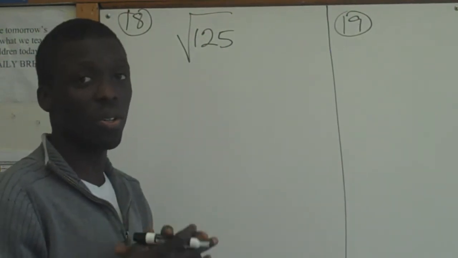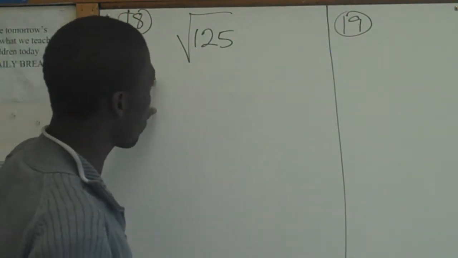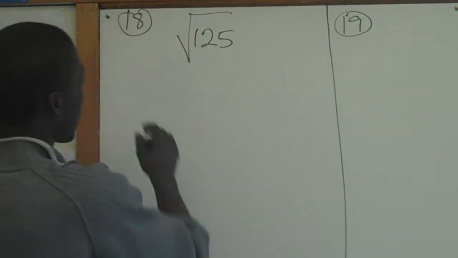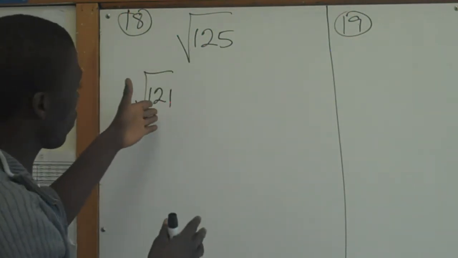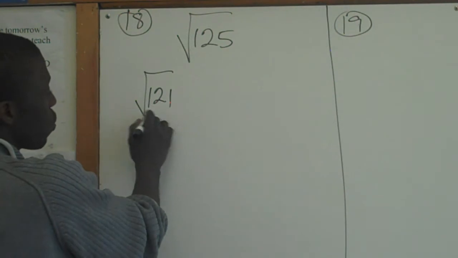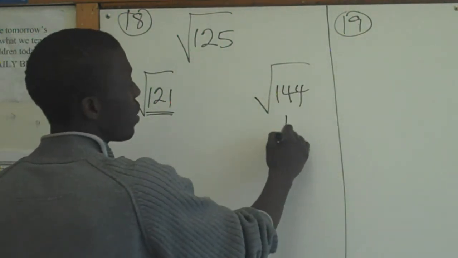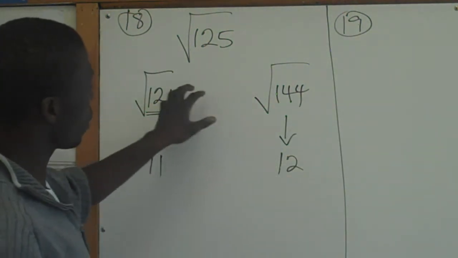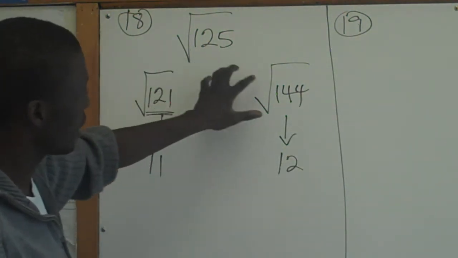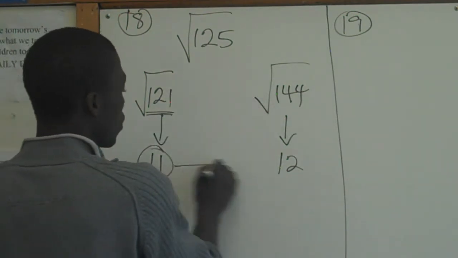Now, to find the square root of 125, what you need to figure out is the square root of the number right before this. For example, 121 is the perfect square that we could get before this, because 11 squared is 121, and then 144 gives us 12. So you find the upper and the lower roots that are perfect, and 144 and 121 are the ones we find. So our answer should be something between